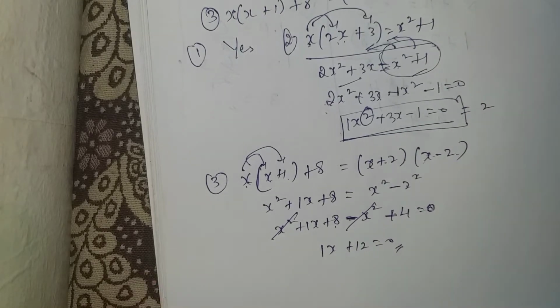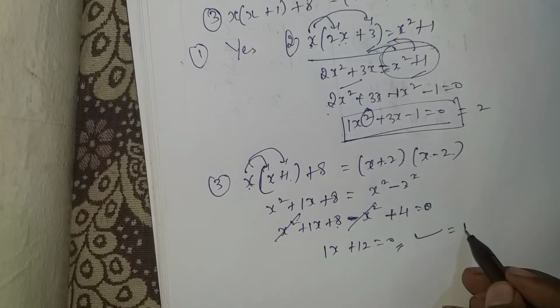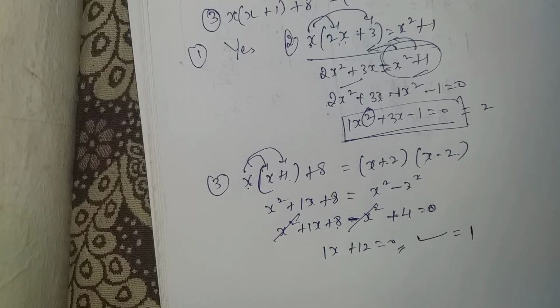Is this a quadratic equation? No, it is not a quadratic equation because the degree of this equation is 1. So I told you the degree of the quadratic equation should be 2. Then it is called a quadratic equation. So this is your first exercise, to check whether it is a quadratic equation or not. Okay, any doubt guys in finding the quadratic equation?